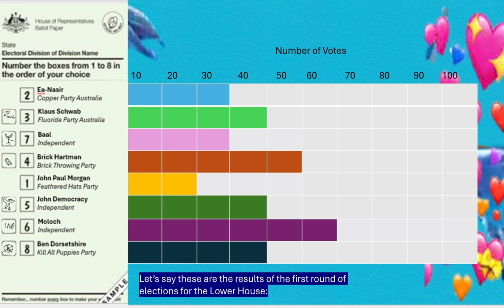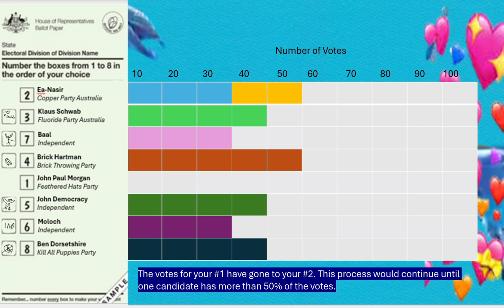There's the example. As you can see there on the left, you've got the ballot, with all your little candidates, whoever you want to vote for. This graph, number of votes, is just a hypothetical. So here, your first is the guy from the Feathered Hats party, right? But clearly he's gotten the least amount of votes. So those votes are going to go to your second. And now your second and the candidate in number 4 from the brick throwing party are neck and neck,